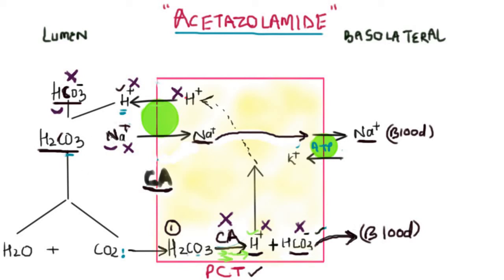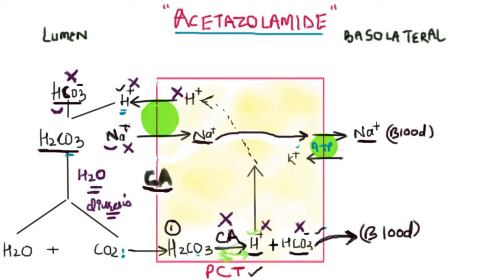And as sodium and bicarbonate ions are excreted, water will also follow these ions, and therefore this will result in diuresis and the action of the drug. So this is the whole idea behind the functioning of acetazolamide, that is only the inhibition of carbonic anhydrase,